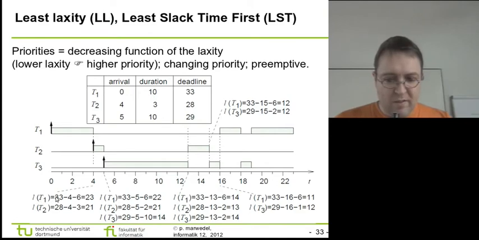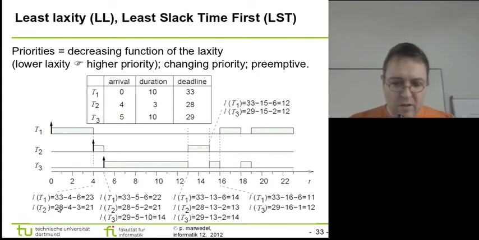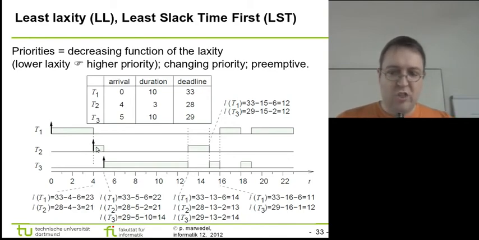So the laxity of T1 is 33, minus 4 already executed units in time, minus 6 time units still to execute, is 23. And again, we check this for the second newly arrived task, and we know its deadline is 28. We've already had 4 time units pass where T2 wasn't able to execute anything, so minus 4. And it still has all of its time to execute. It has 3 time units to execute, so its laxity is 28 minus 4 minus 3 is 21. So 21 is of course less than 23, so now we change priorities,